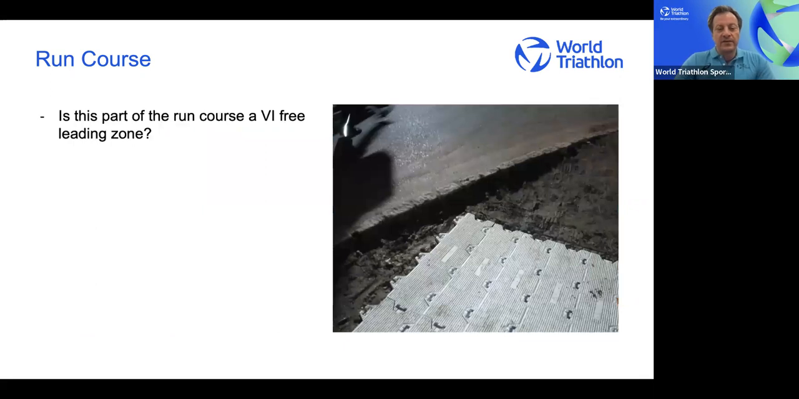Is this part, for instance, of a run course, if this would be the surface, considered a free leading zone for visually impaired athletes? And this is a classic example. Yeah, we've got a clear change of surface here with a couple of holes and all the rest of it. So this is where we want to protect the athlete, and we make sure we guide them safely through this